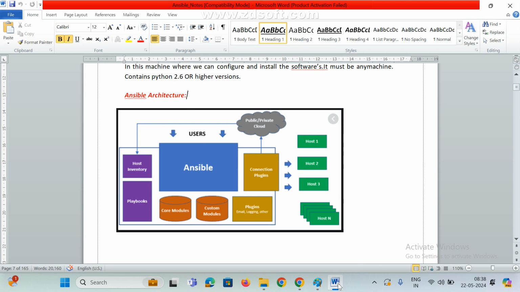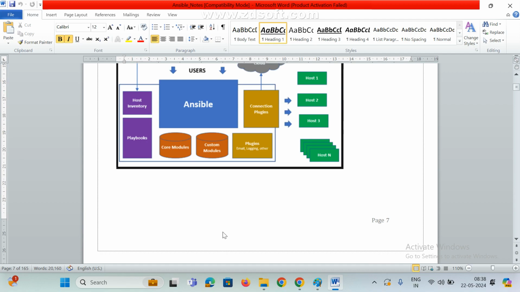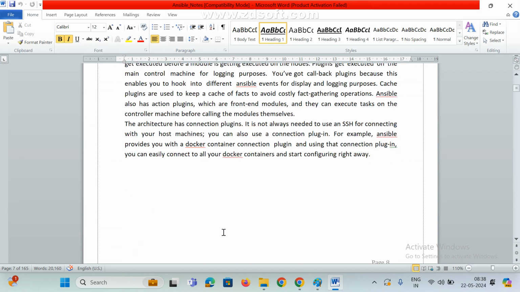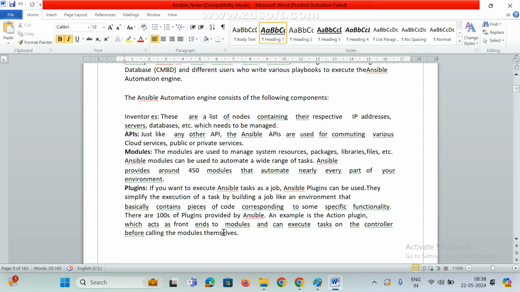Got it, guys? Same as Docker, same as Kubernetes, here also there are some core components. These are the main components, and if you learn these, that's it. No need to learn all these other things. In interviews also, they are touching only this part. Now if you see here,